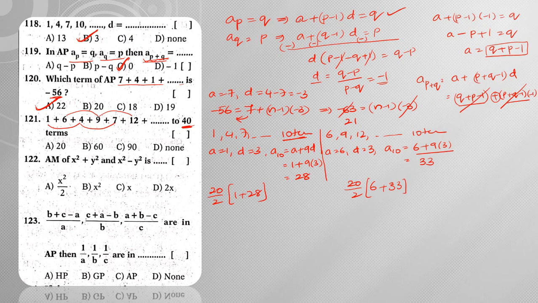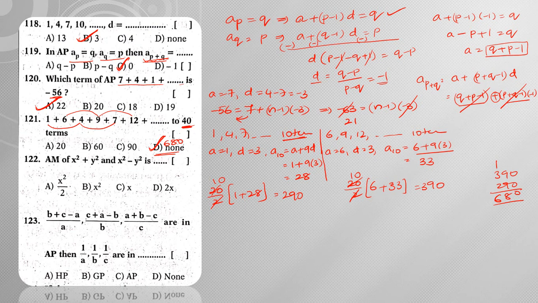Now what am I going to get? So this is 10, 28 plus 1 is 29, 29 times 10 is 290. Here also 10 times 33 plus 6 is 39. So this gives me 390. Now what is the sum then? 390 plus 290. So 0, 9 plus 9 is 18, 3 plus 3 is 6. Hence the answer is 680, which is nothing but none.